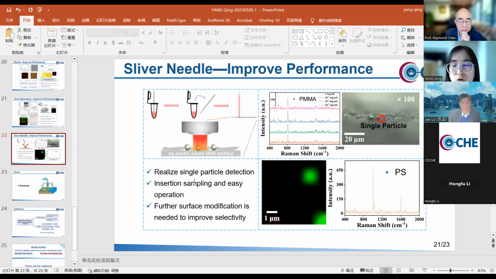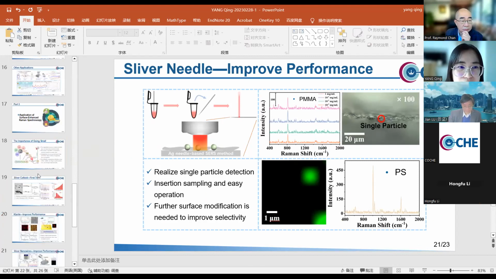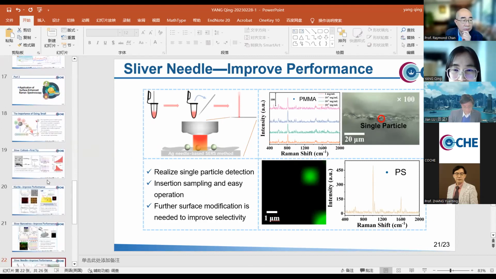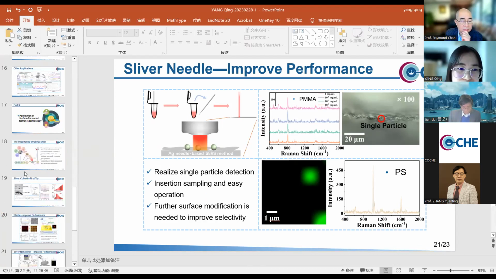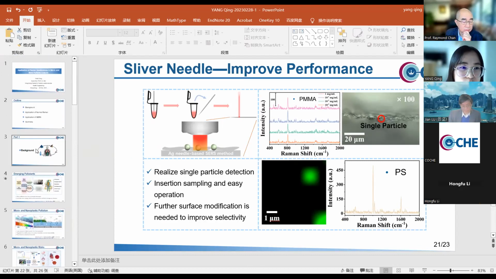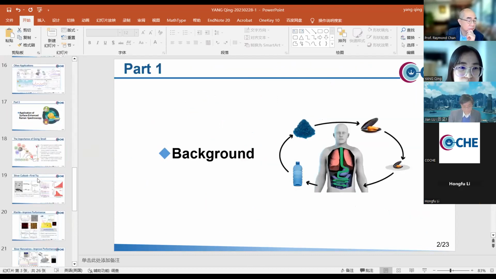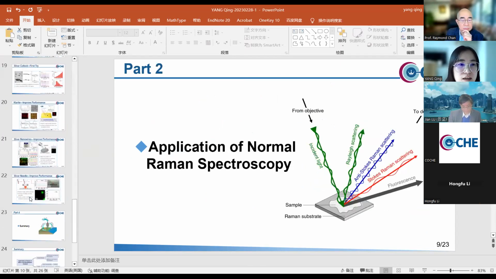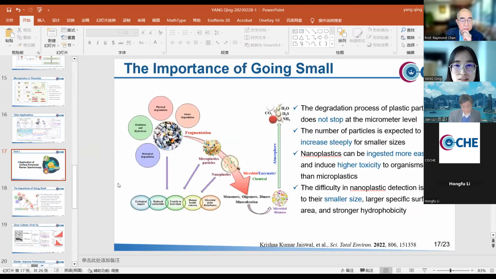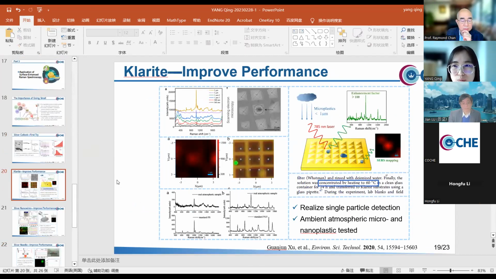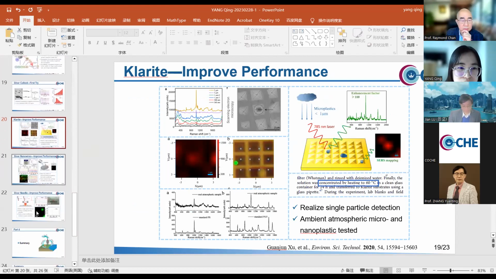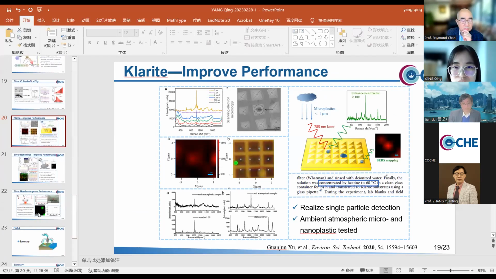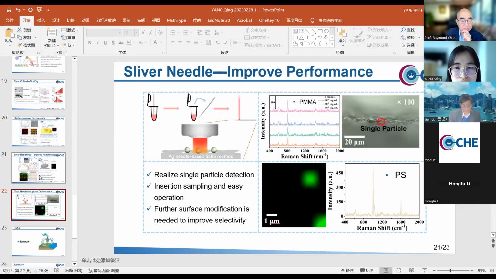This is my work now. The first part, the background and the normal Raman, is a review of other papers. So the last part, the silver needle, is the thing you are trying, right? Yeah, right. For this part,